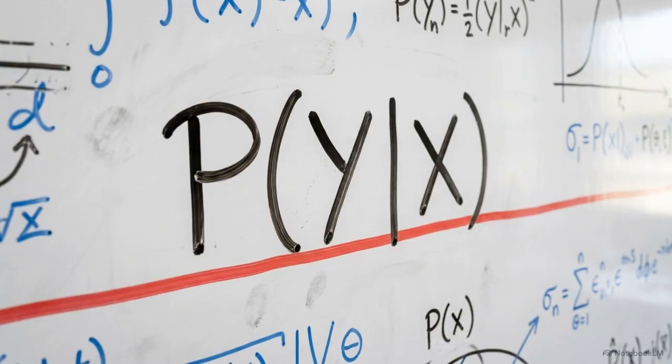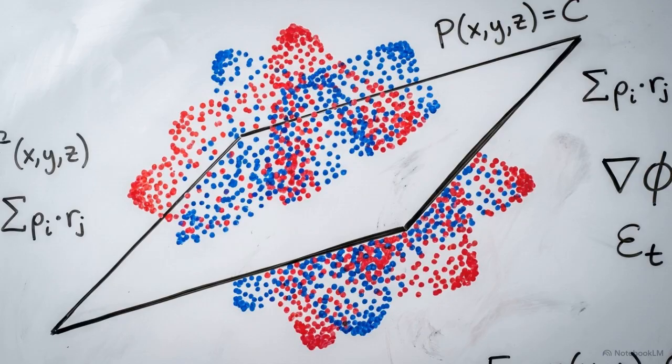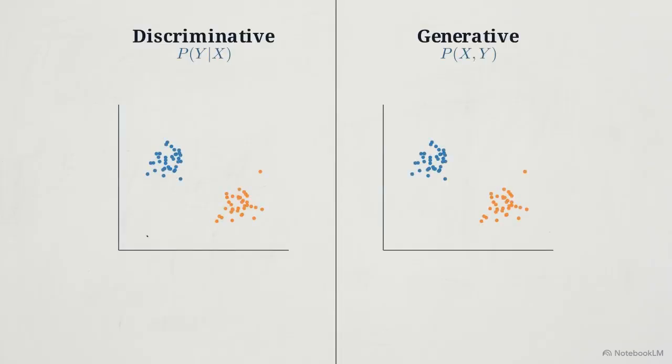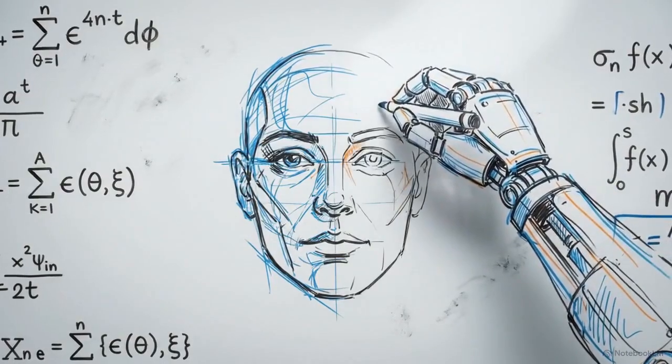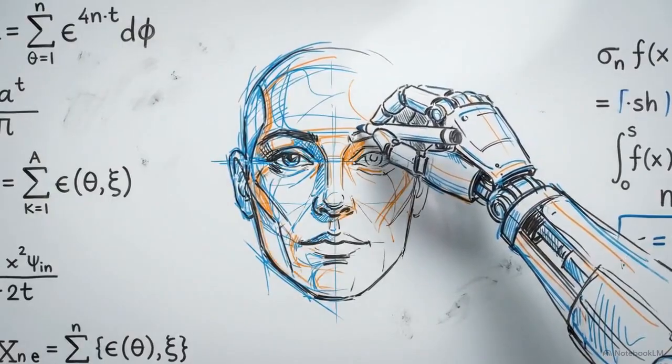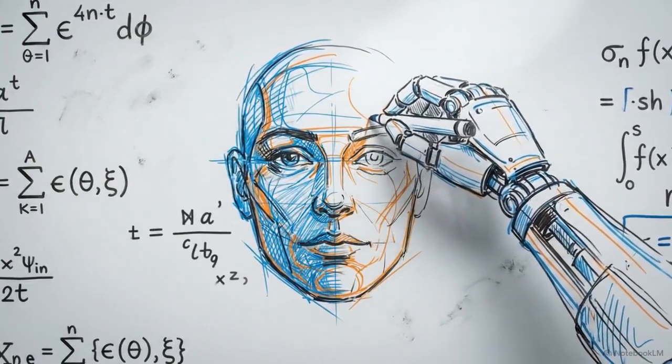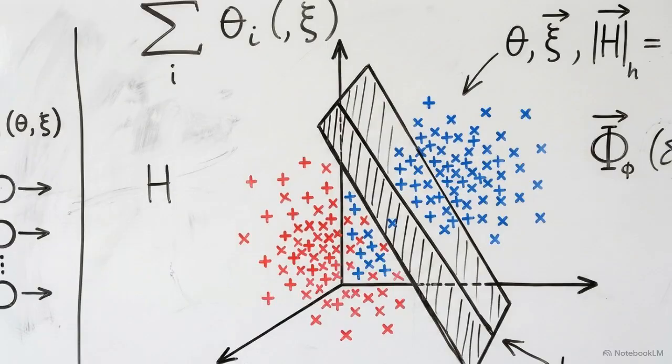Discriminative models strictly learn the conditional probability dividing labels. They define where one class ends and another begins, but they remain unaware of the data's internal structure. This comparison illustrates the generative approach. Instead of a simple boundary, generative models like VAEs or large language models map the underlying joint probability distribution of the entire environment. By capturing this full distribution, generative algorithms can manufacture entirely novel samples that follow the statistical rules of the original data. While generative models enable the creation of new content, discriminative geometric boundaries remain the standard for